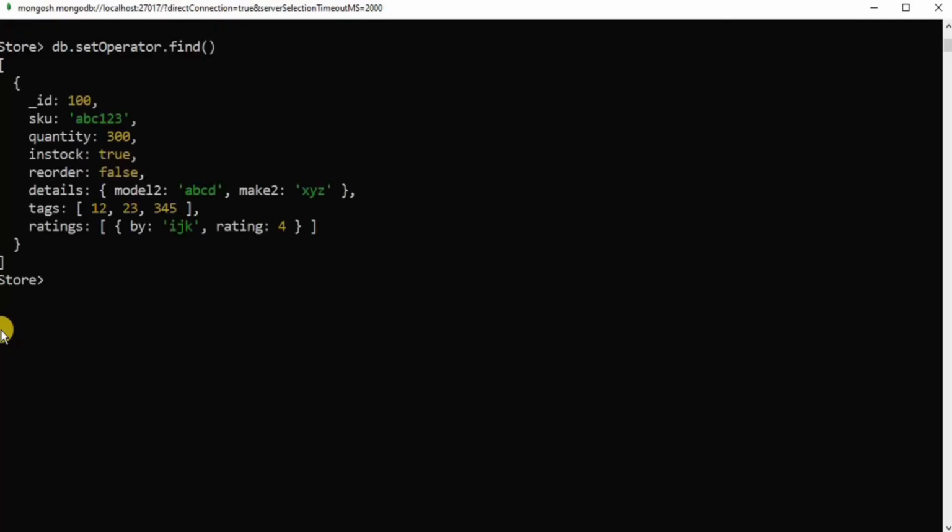So I'm going to use the same data set that I used in the set video. Let's quickly see the data which is present inside the collection. So I'm going to use the command db.setOperator.find, and this is going to fetch all the documents which were present inside the collection. Now let's say I want to remove the reorder field from this document, how can you do that? This can be done by using the command